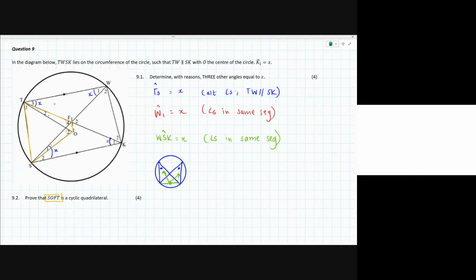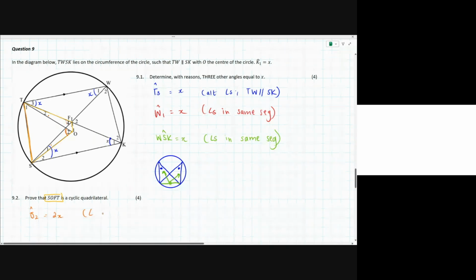If it's not obvious, that's fine. I'll tell you why. O2 is an angle at the center. The chord TS subtends that angle at the center, and that same chord TS subtends the angle X at the circumference. I can easily work out what O2 is. So immediately I know that O2 is equal to 2x because angle at center,